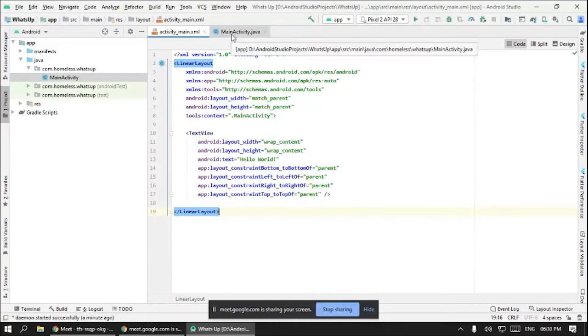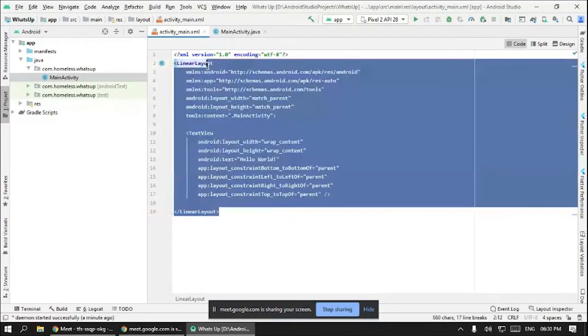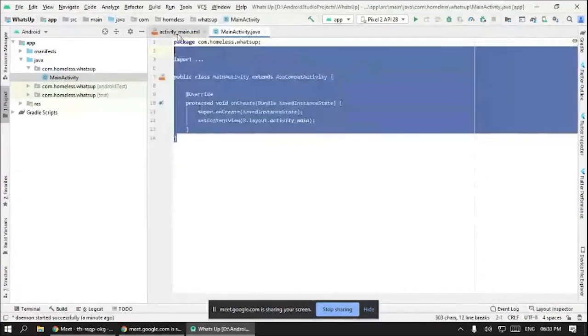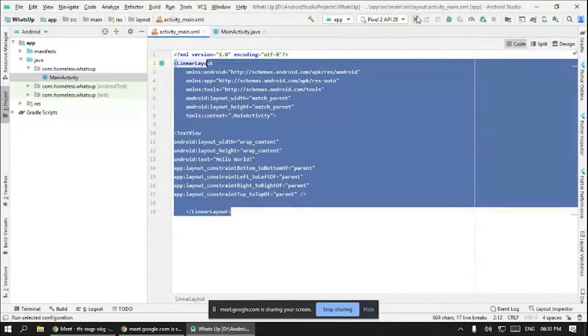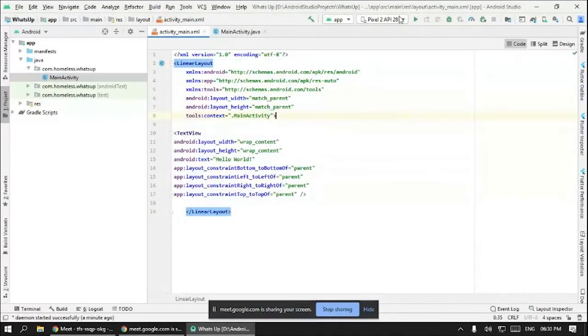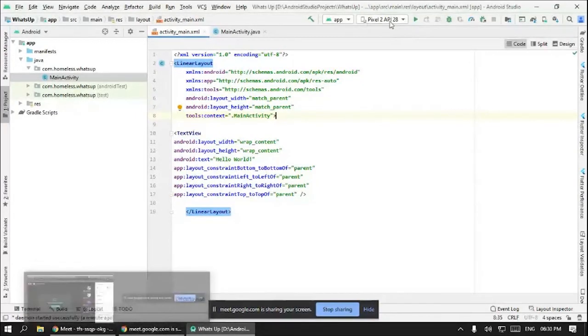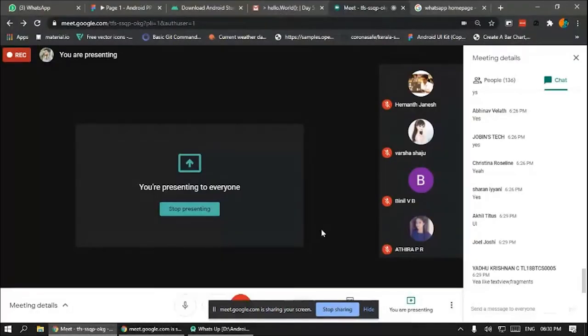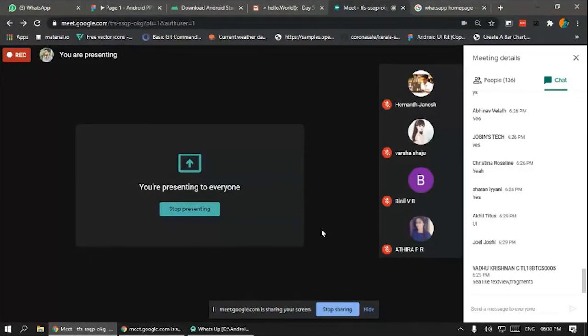So Android Studio just built all this code for me. It's already there. I can just run my application, and it will be an app created by me, but I didn't do any work. Android Studio did, right? So that's actually a hello world in Android Studio. You got it, guys. That's actually the first step of beginning. But I'll explain more.